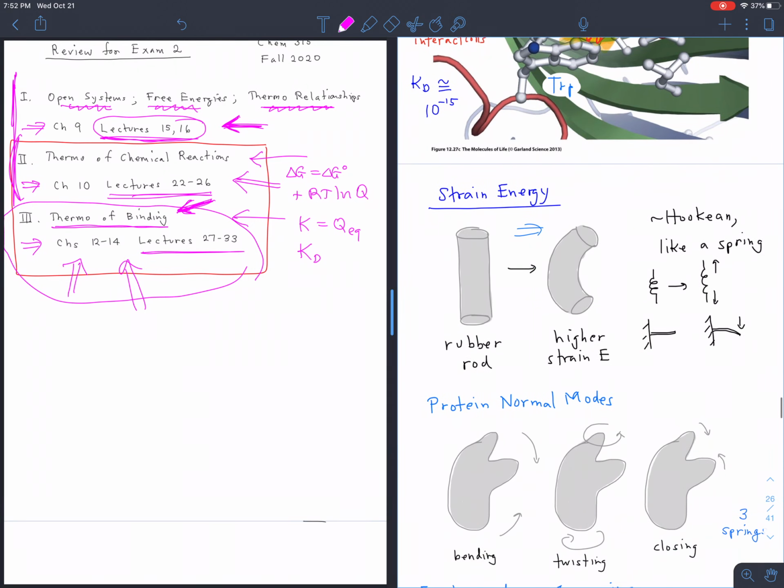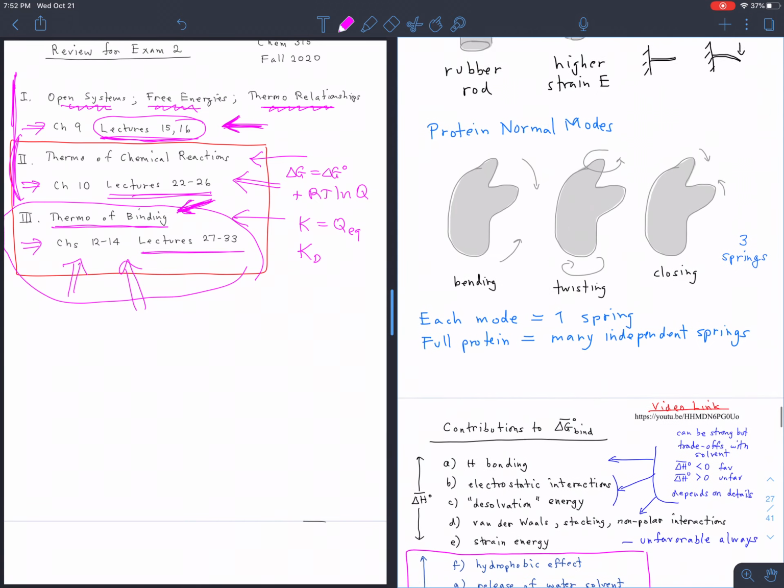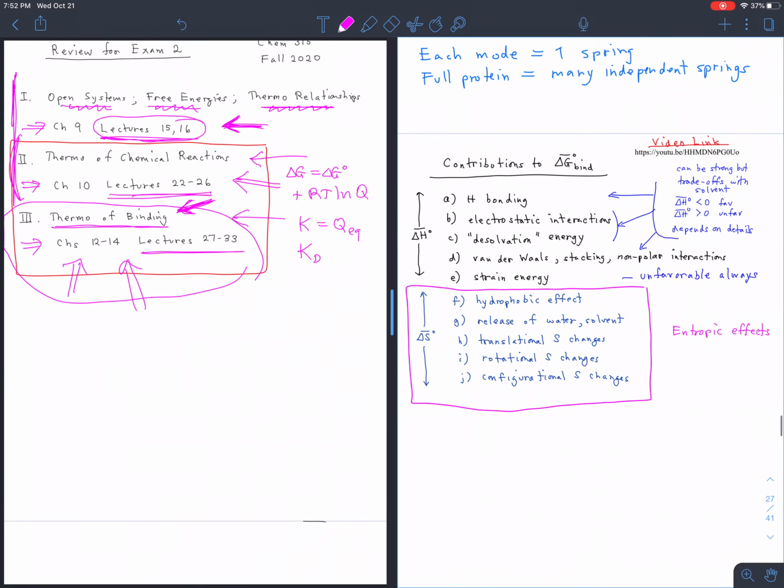And finally, there's strain energy. We didn't talk much about that just because it hasn't really come up that much, but it comes up a little. That's the fact that sometimes in order to get good binding, you have to bend the molecule, and that's always unfavorable. It always costs you energy to bend something. Then there's 5